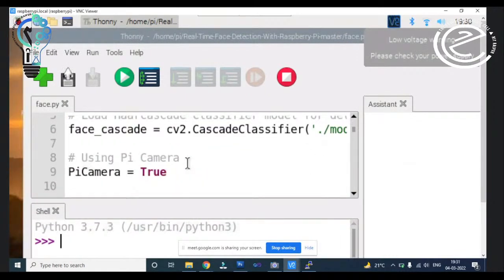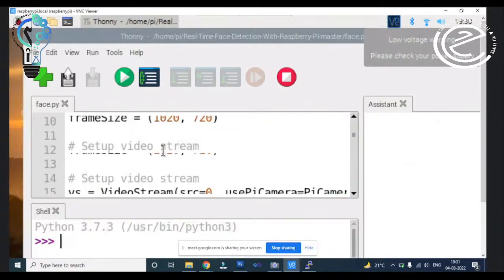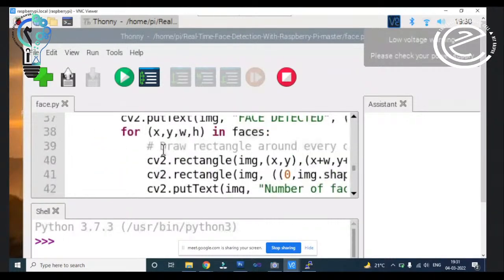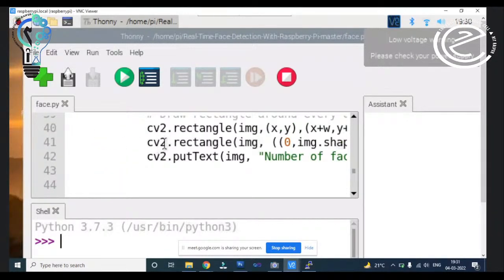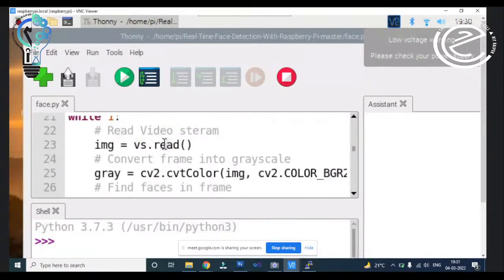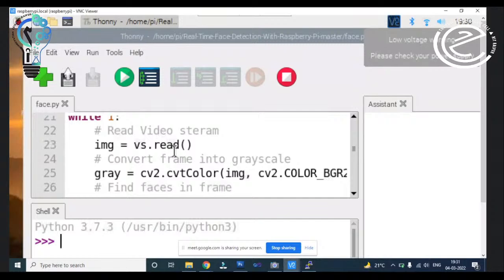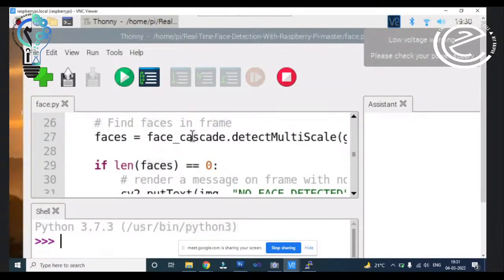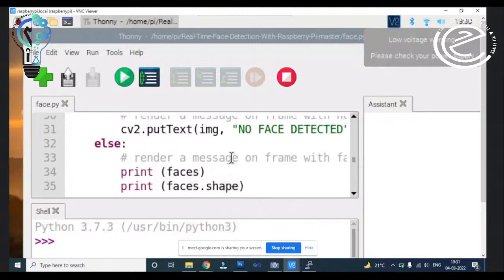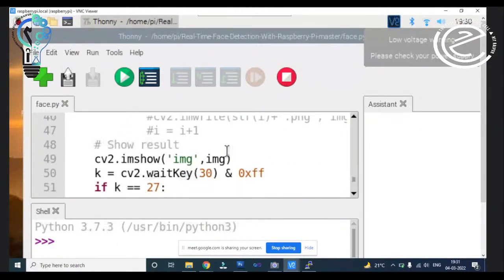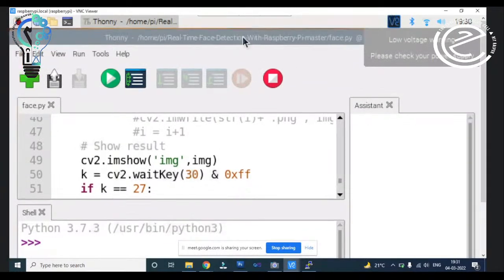Just because of VNC Viewer, it is showing like this. So you just saw the camera interface, and you can see it is written in Python, and we use the OpenCV library to access the face image and to detect the face, right? We already use different classifiers here to detect the face, right? So if you already set up this Raspberry Pi board with your system, then you can perform numerous tasks here, right?